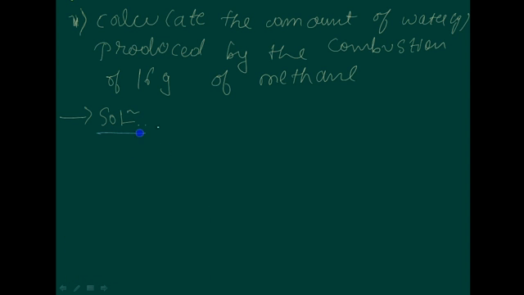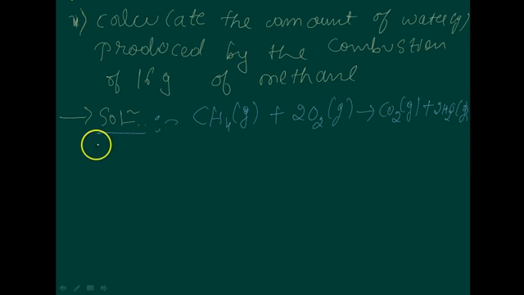I will explain the solution. Here you should write the balanced chemical equation for this combustion: methane, which is in gaseous form, is mixed with oxygen, which gives carbon dioxide plus 2H2O. So this is the balanced chemical equation. In this, first consider 16 gram of methane, which corresponds to 1 mole. Then the second one, from the above equation,